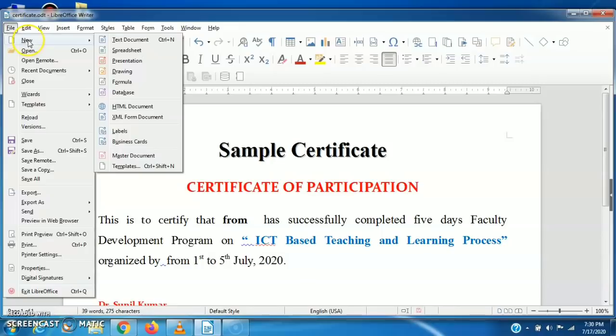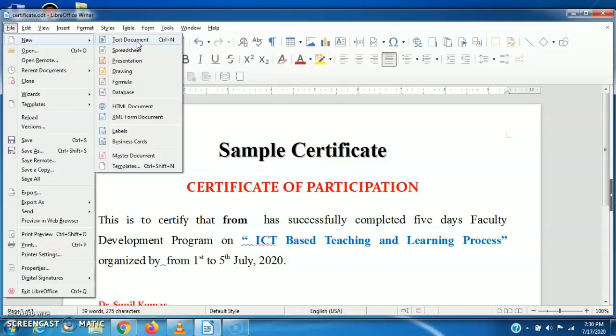File, New, then there are many options: text document, spreadsheet, presentation, drawing, formula, database, HTML document. All these options available in MS Word are also available in LibreOffice, and they are more interesting.